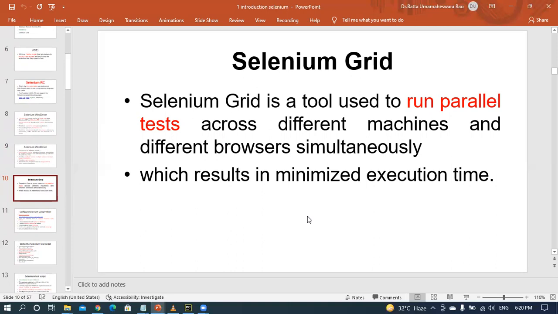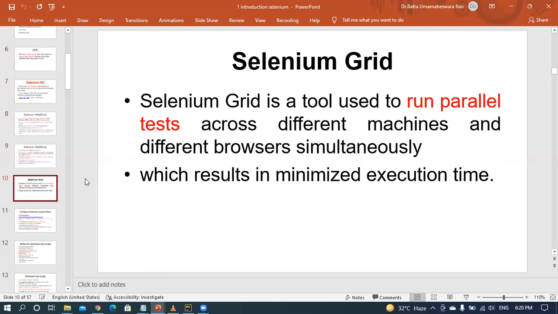It is a tool used to run parallel tests across different machines and different browsers simultaneously. For that purpose you will use Selenium Grid.